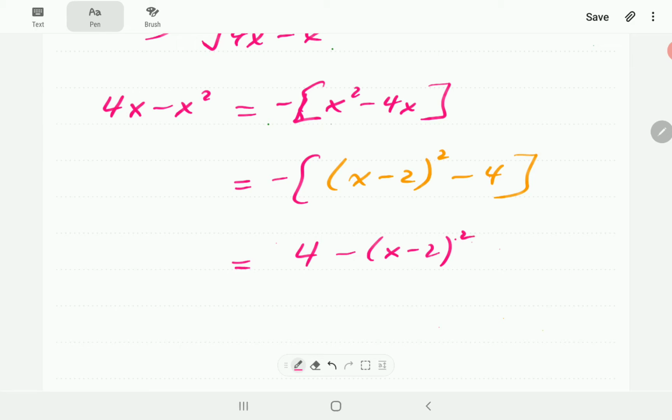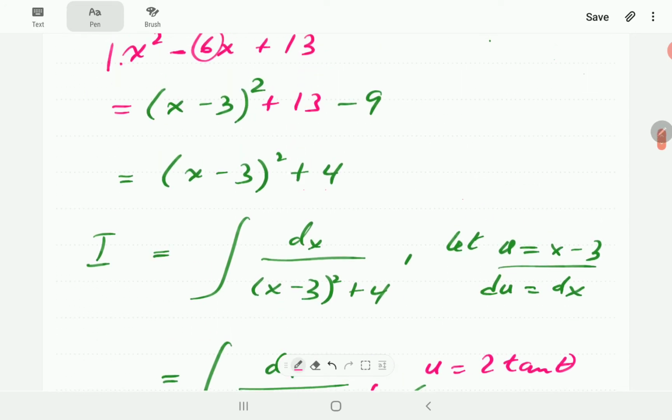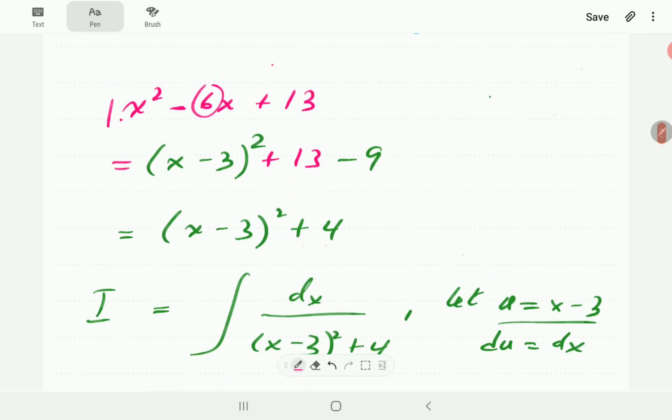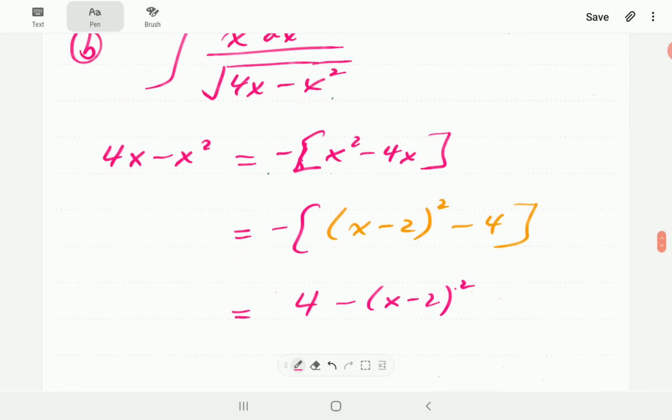You can actually confirm by removing brackets here and simplifying, and you're going to find that this works out to exactly that same thing with what we did earlier. If you open brackets here and simplify, this thing will work out to x squared minus 6x plus 13. All right, so then our integral